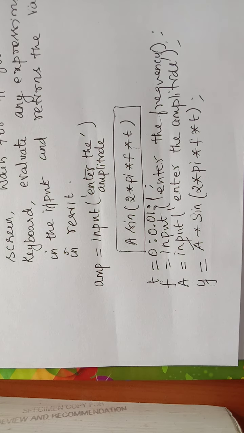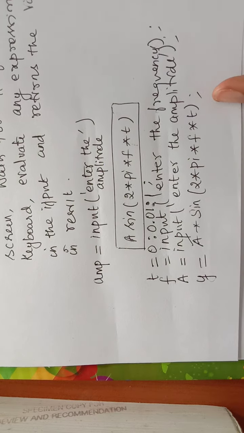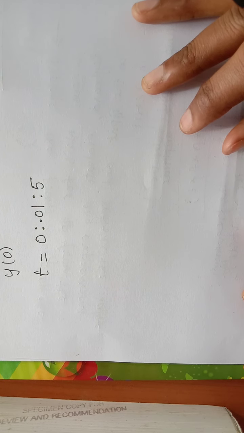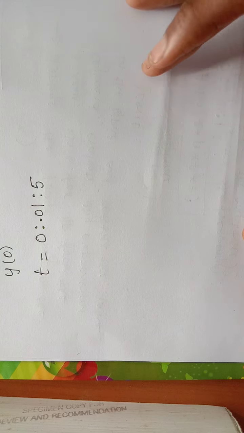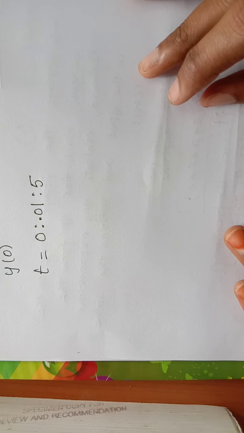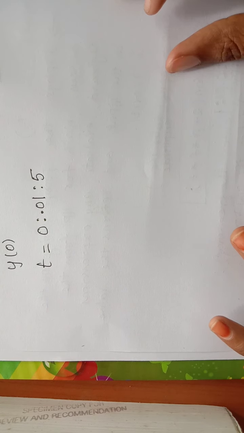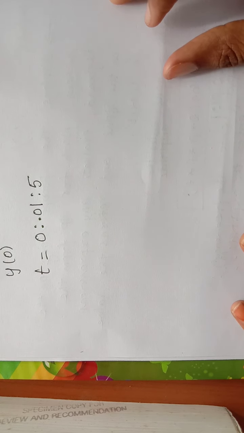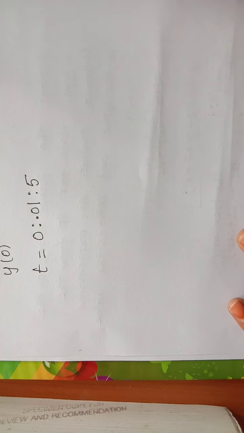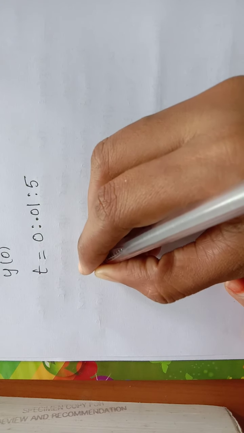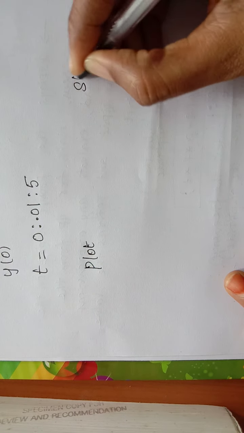Okay, in signals and systems we have discussed continuous time signals and discrete time signals. In continuous time signals, for each and every instant of time you will get a value. For discrete time signals, for discrete instants of time you will get a value. So using this concept, I am going to generate a plot. I can generate either a continuous time signal or a discrete time signal. Here I am going to use functions known as plot and stem.